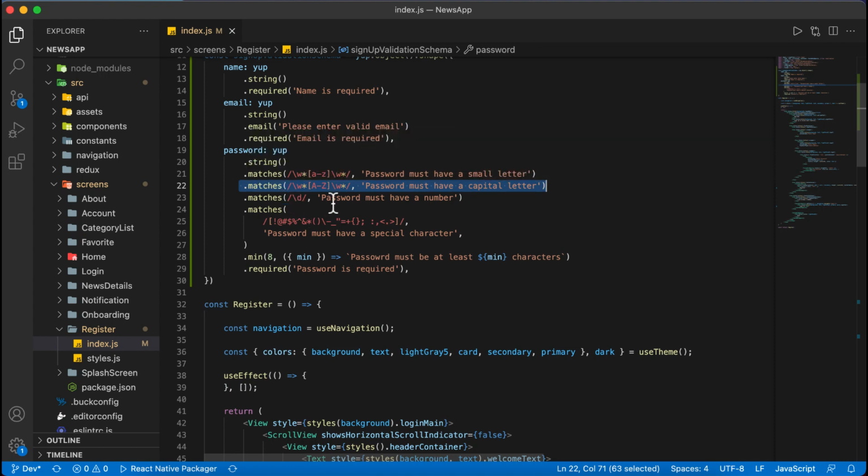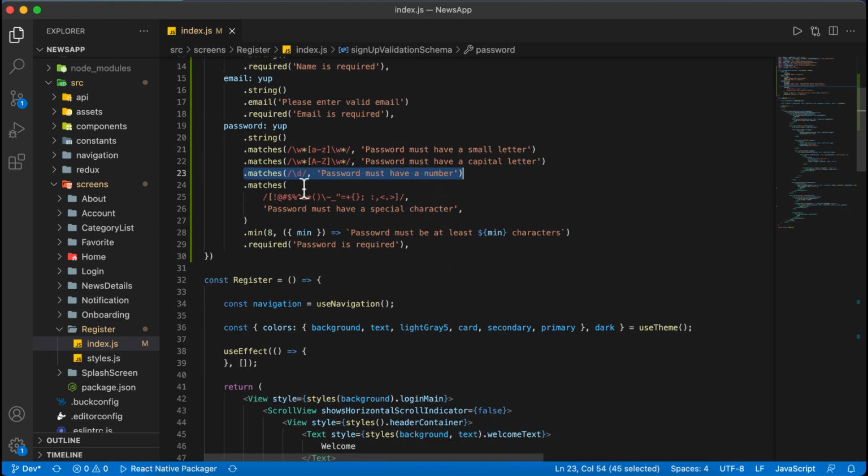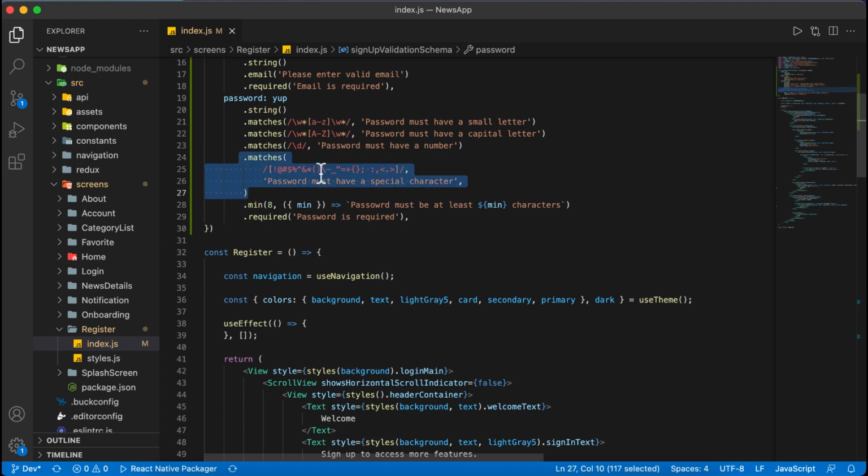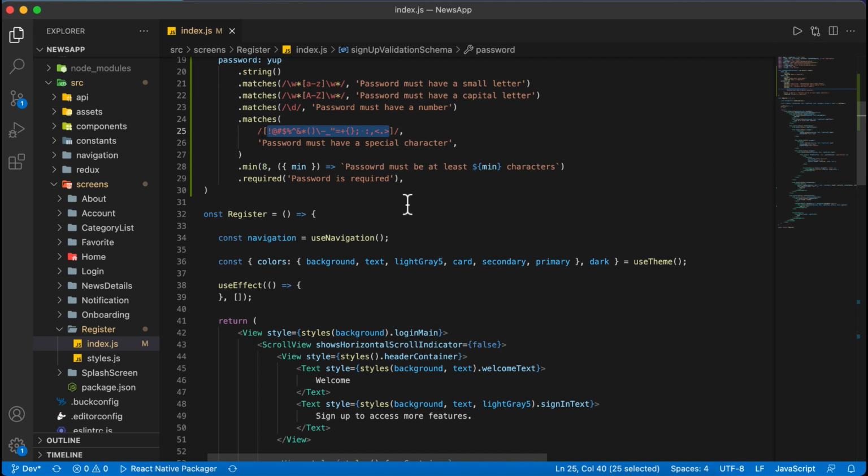So this takes the regex and the message, and the second one is for a capital letter, and the first one is to ensure it must have a number. Here d means digit. Then this is to verify there must be a special character. You can see that these are all the characters given. Among them, if one is there, then it is fine.